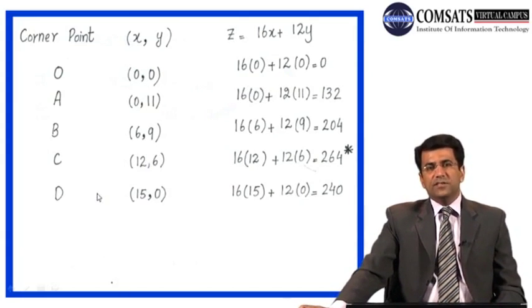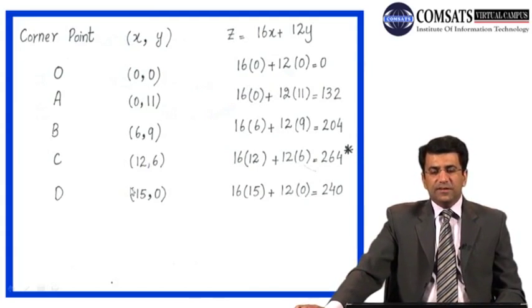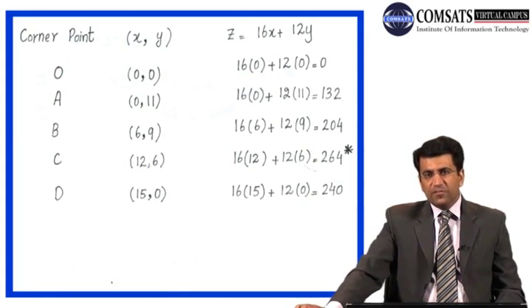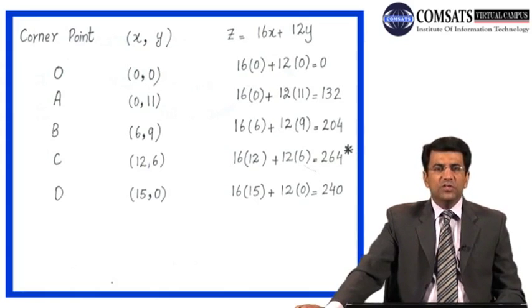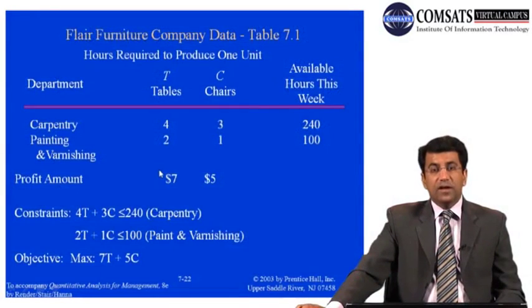So class, in this particular case, we discussed the 3 particular constraints, how we can put those 3 constraints on a graph, and accordingly how we can solve these equations in order to find the best combination of the product mix which can maximize our profit. Okay, last simple example for that maximization case. Thereafter we will discuss the minimization case, but let's have some practice with this maximization of profit case.